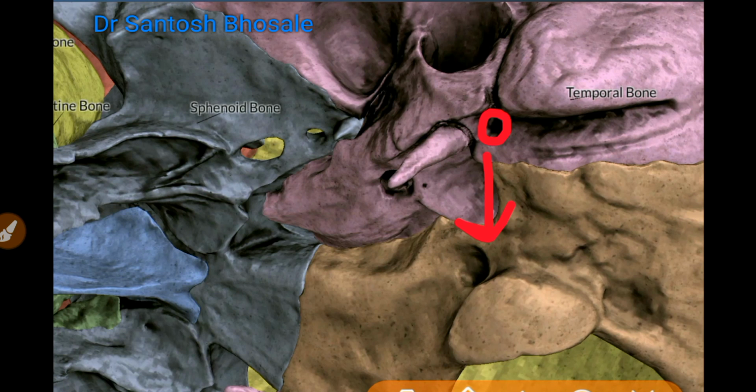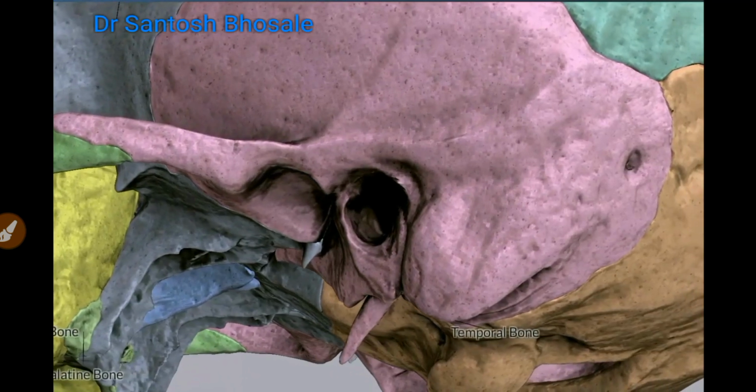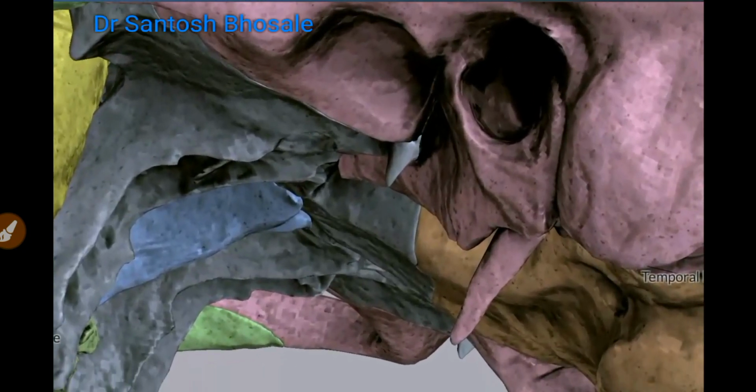And stylomastoid vessels enter into it. These are the branch of posterior auricular vessels. Posterior auricular artery is a branch of external carotid, and facial nerve exits the skull via this foramen. Very important. Facial nerve comes out of the skull through this stylomastoid foramen, and in front of stylomastoid foramen you